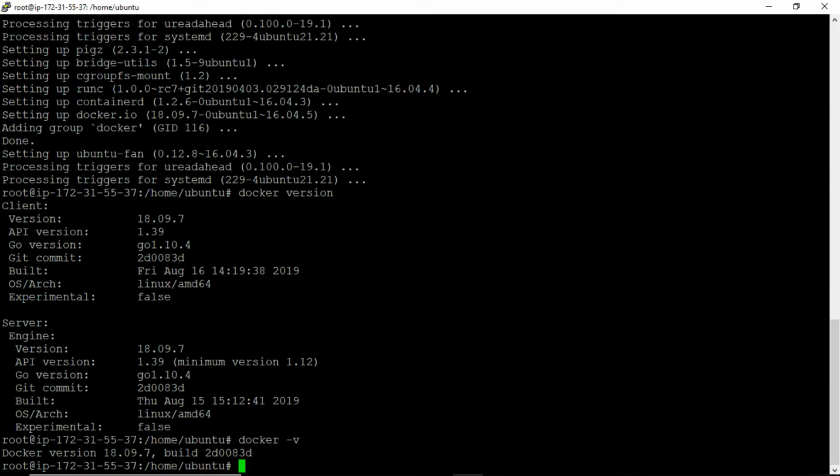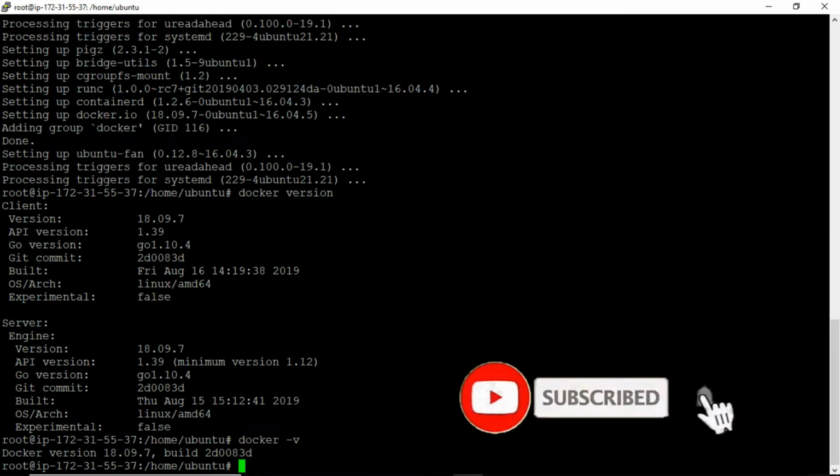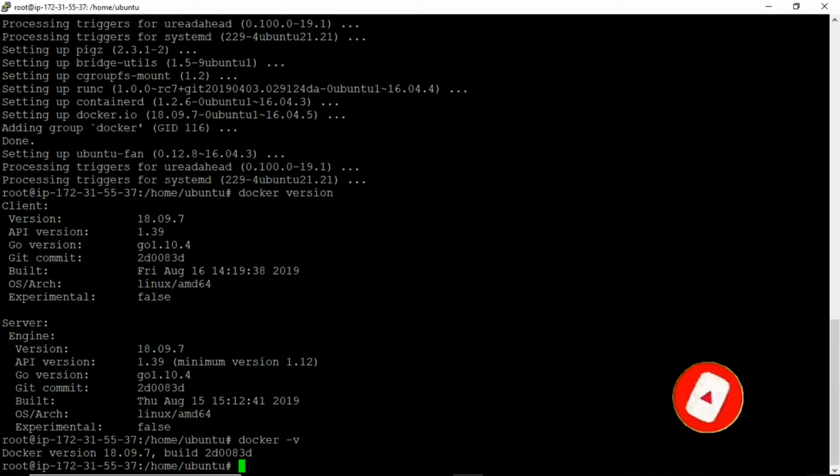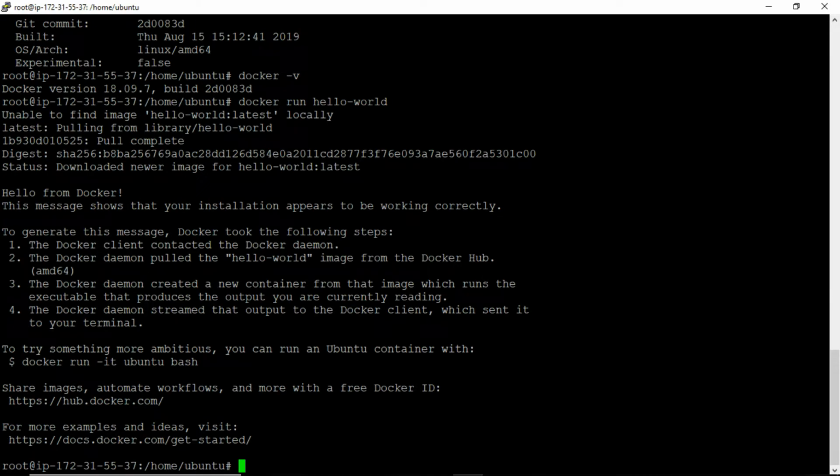And now friends, let us execute the command to pull and run the hello-world Docker image. The same command which we executed in the previous session inside the Docker quick start terminal in case of Docker Toolbox. So docker run and then the image name, which is hello-world in our case. And now let us press enter to execute this command. And here we can see friends the output of this command is same as what we got in the previous session, and we can see the output message here, hello from Docker.